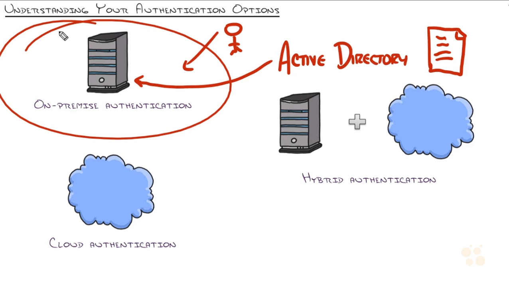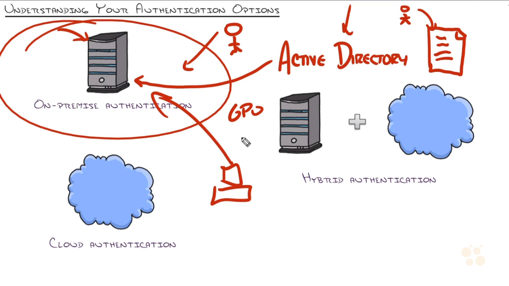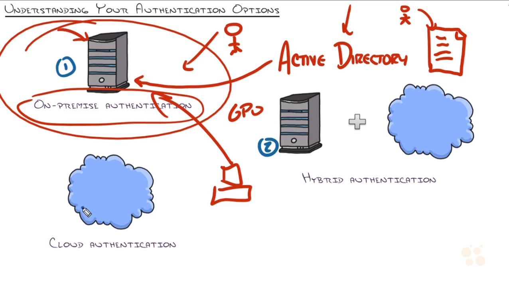So what we've always done is set up our servers, create the Active Directory, start adding all of our users to that database, join our computers to the domain so that those can be controlled as well through a system known as group policy objects that can say what you can do on those computers. It can say how long the screensaver lasts. It can say what you get on your desktop and what permissions you have to that device, because it's completely controlled by the organization. But in our modern times, that's just one of 3 different authentication methods that you can